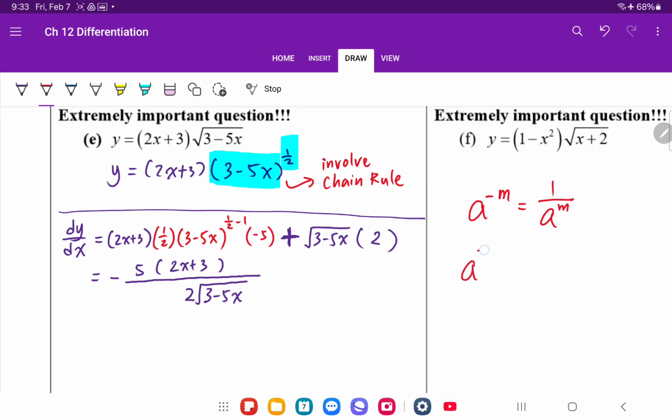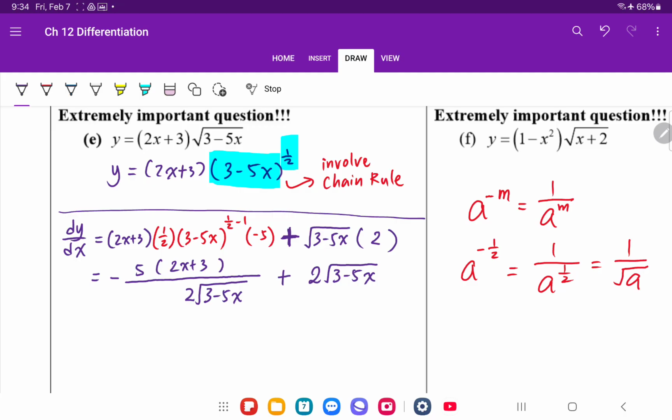Now, I'm using this property here. I'm also using this property, which later on converts into 1 over square root a. This is what I was using. Then I plus the 2 put in front and square root 3 minus 5x. Now, the reason why I want to do this is because I am now faced with one fraction and the other half is not a fraction. I want to combine these as